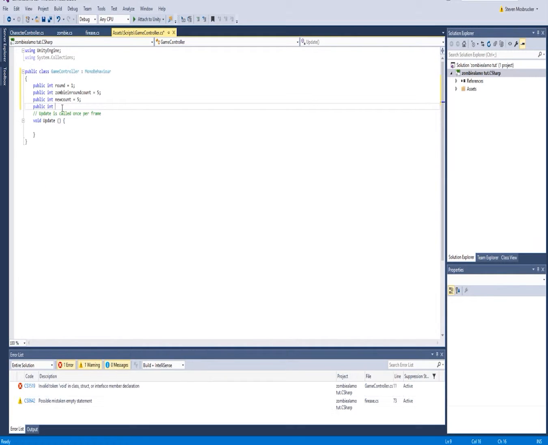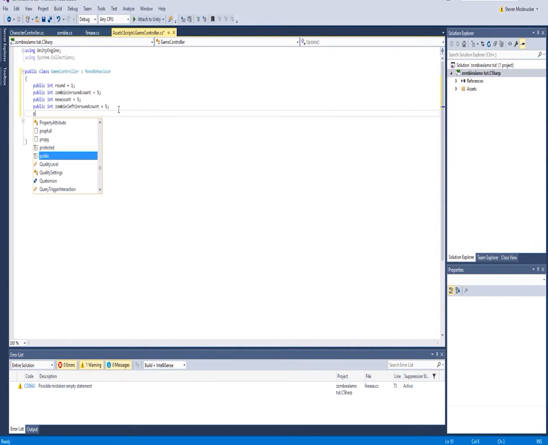Zombie left and round count equals 5. Okay. So basically what's happening here, and also next I have what's basically a